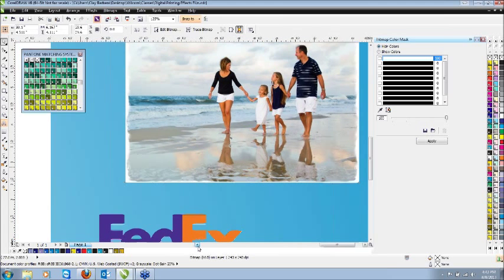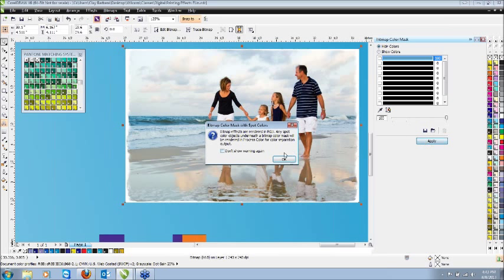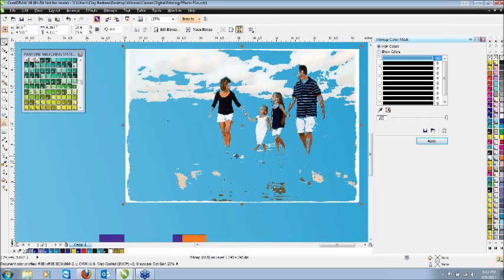So let's say we wanted to remove a specific color. Let's say we wanted to remove, I don't know, the blue ocean, for example. Take our eyedropper, we'll go over to the ocean, choose a specific color, and click on Apply. Whoa, that looks terrible. So this would be an example of when not to use the actual